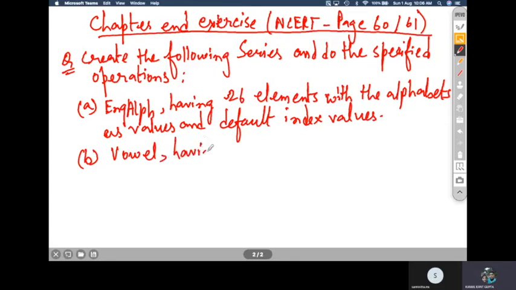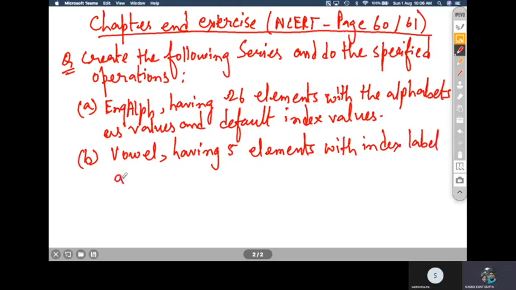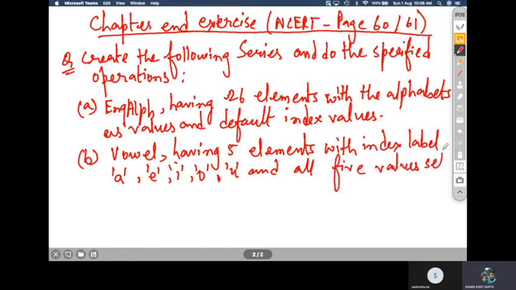Vowels having 5 elements with index labels A, E, I, O, U, and all five values set to 0.